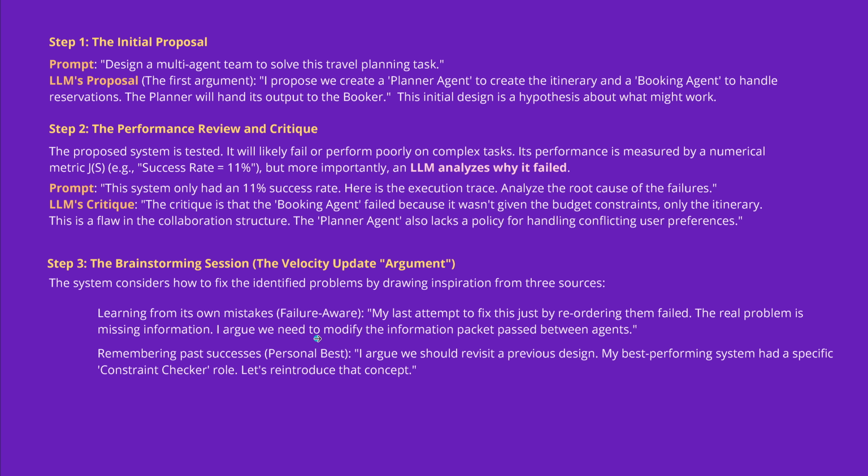Now, the second term in the mathematical equation of PSO is personal best. And we take this same idea and the LLM says, now, I argue we should revisit a previous design of mine, because the agent is running in a loop and trying out something. And it says, hey, my best performing system had a specific, say, constraint checker agent with a specific role in this configuration. So let's introduce this concept again. Let's make it a 3-agent configuration. Let's run it, let's evaluate it and see if in the reasoning traces we now achieve an improvement of the